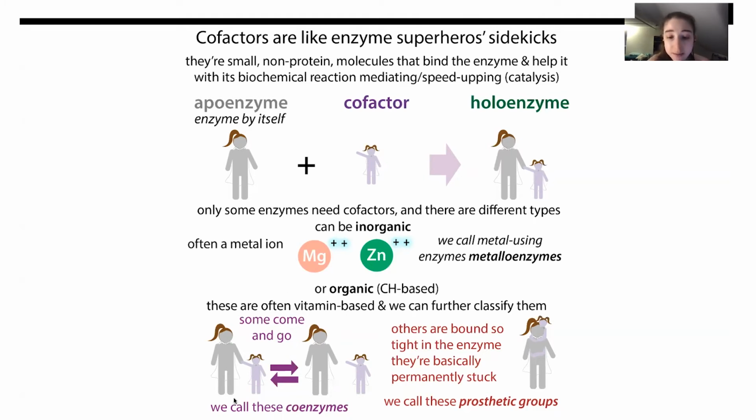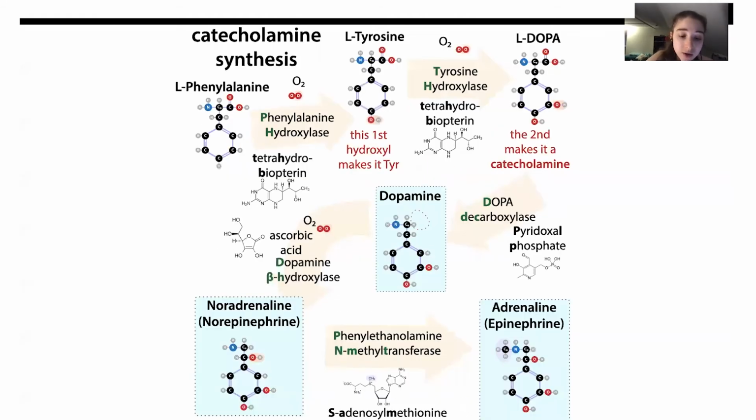These cofactors can provide additional opportunities, additional functional groups and different metal groups to help bind things better, all sorts of different things. So enzymes often use cofactors is the basic point I wanted to make. In this case, they're using this cofactor called tetrahydrobiopterin. Okay, so we've gone from our tyrosine now to